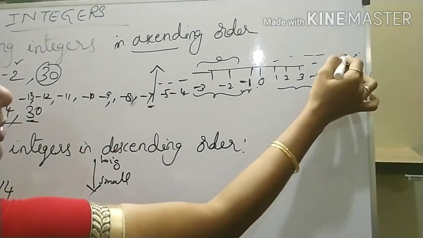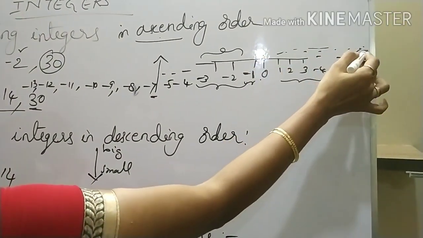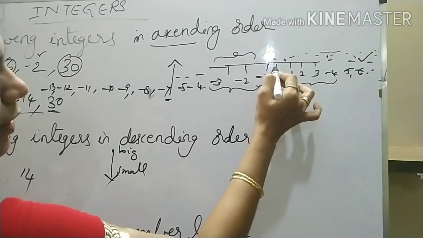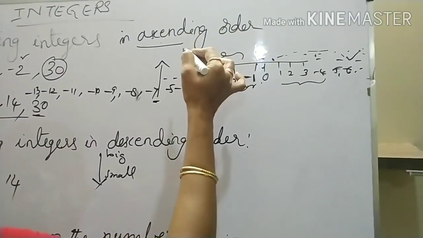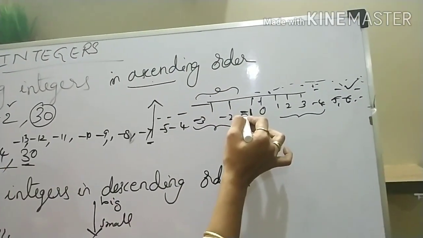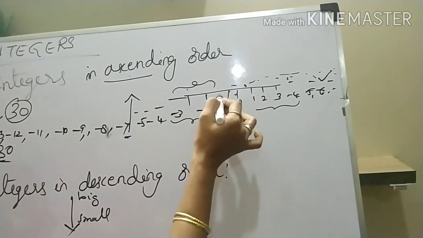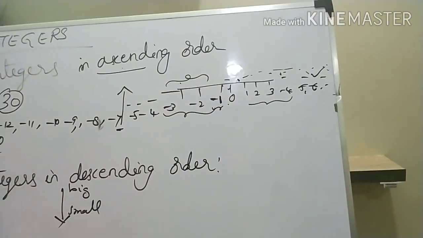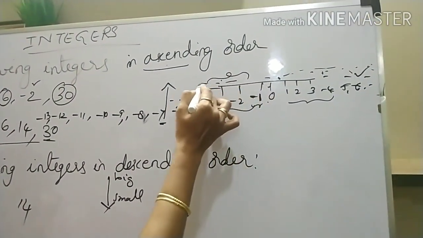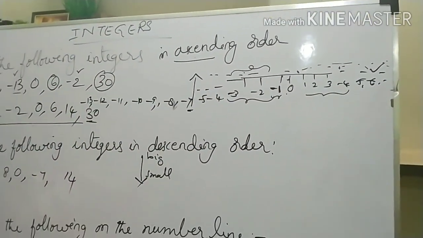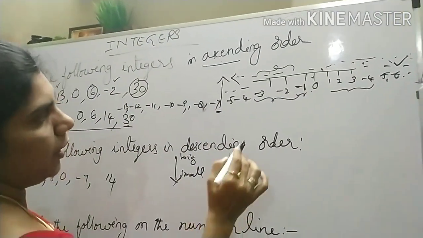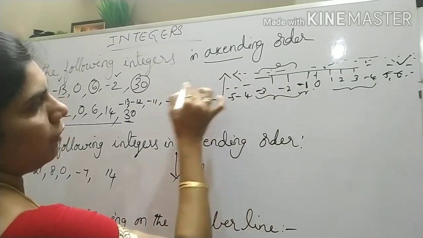From here you have to start writing. These are bigger numbers. After that, smaller numbers, next smaller one, next smaller one, like that to 0. After 0 you have to start writing negative numbers. Among negative numbers, the number with the smallest value after the negative sign is first, that is your first bigger number. Next, like that you write towards this side, where you will get the smaller numbers. So in this direction you have to write.